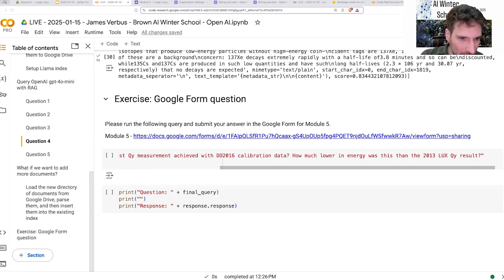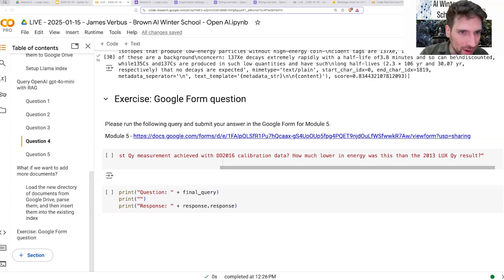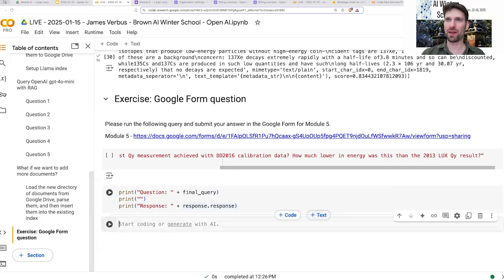Okay, so we did get a few folks that made it to the end. I'm just trying to copy and paste these out. Okay, so here are two responses. I'm going to put them in here